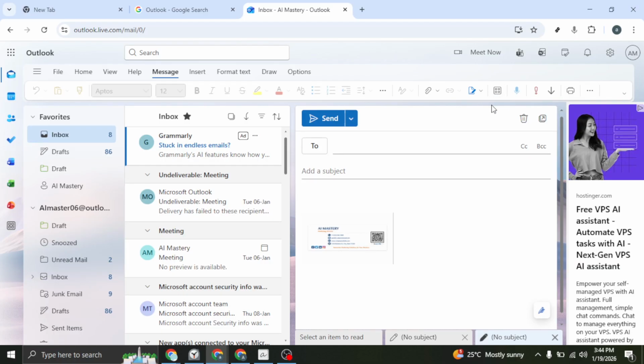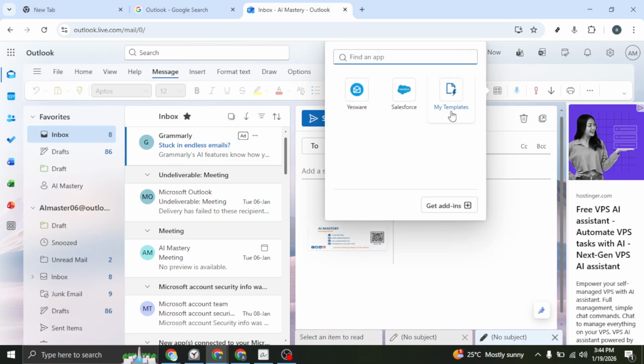If it's your first time, the add-in may ask you to sign in to your Yesware account inside Outlook so tracking features can function. Also, look for a tracking toggle when composing an email to ensure opens and clicks are recorded. If you want quicker access in the future, you can pin the add-in in Outlook so it's always visible